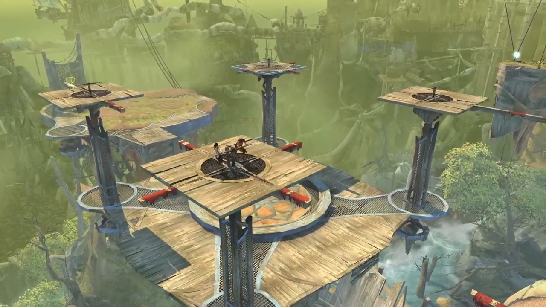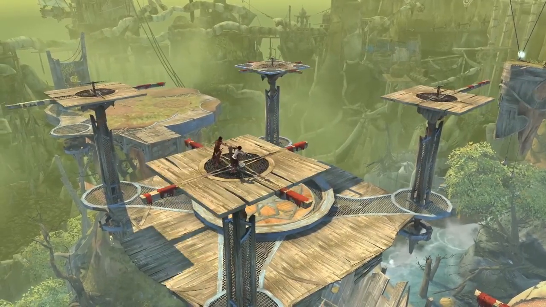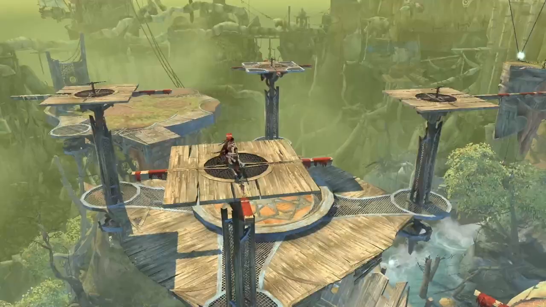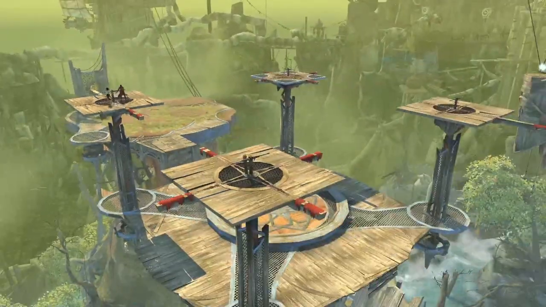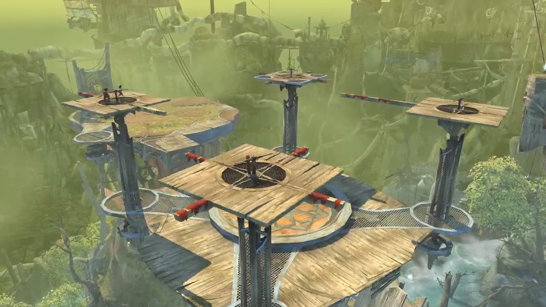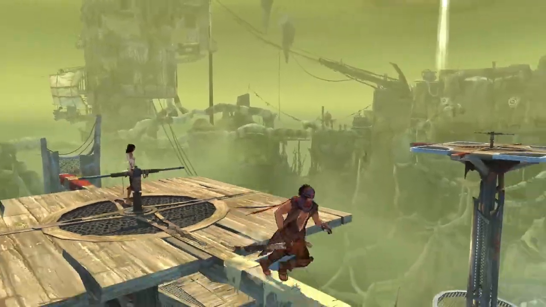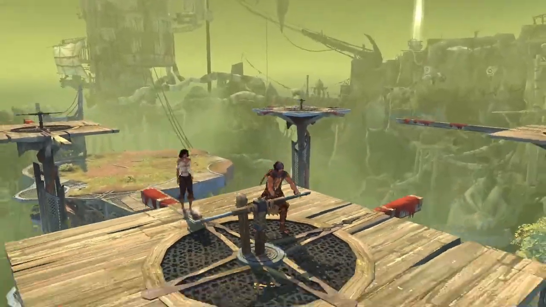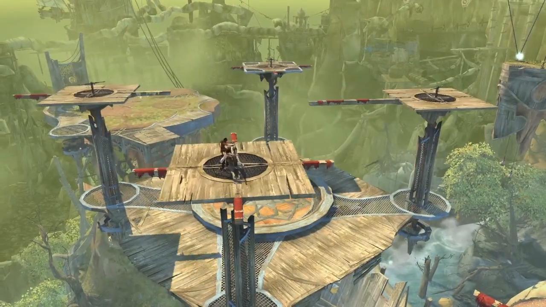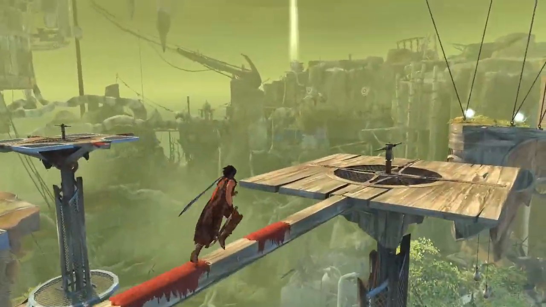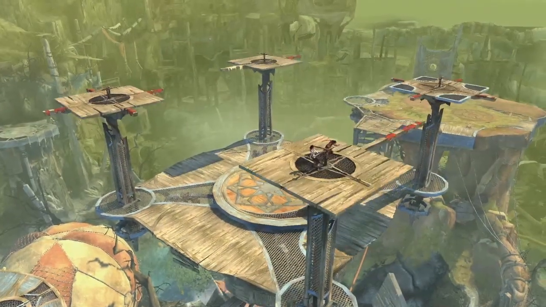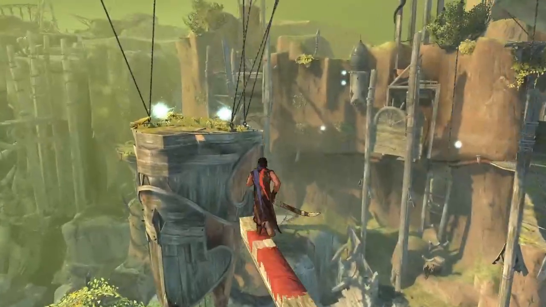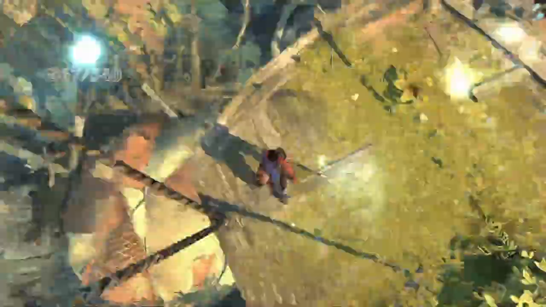In this game though, what they've done to make things a little bit more interesting, or to innovate on it, let me rather put it like that, they've changed it from the wall run to the ceiling run. And I find it a bit strange that I never saw it this way while playing the game. The ceiling run just felt like a natural progression from the wall run, but I never thought of it as being a branch from it. It just seemed like, oh yeah, this seems logical, even though it's a bit crazy.